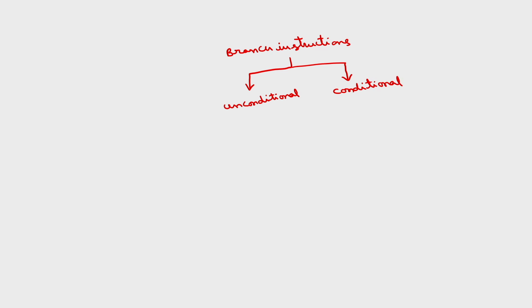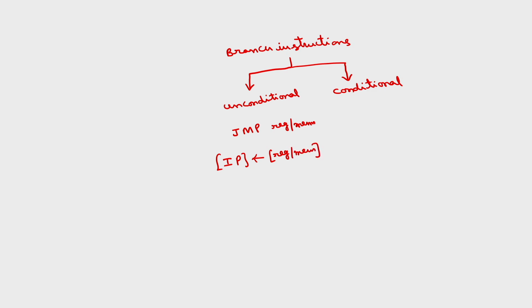As the name implies, unconditional means without checking any condition. So, this will branch to a particular location. The example of unconditional is simply jump, JMP, comma, and we can specify register/memory. Whenever the microprocessor executes this instruction, the instruction pointer will simply be loaded with the contents of the register/memory.